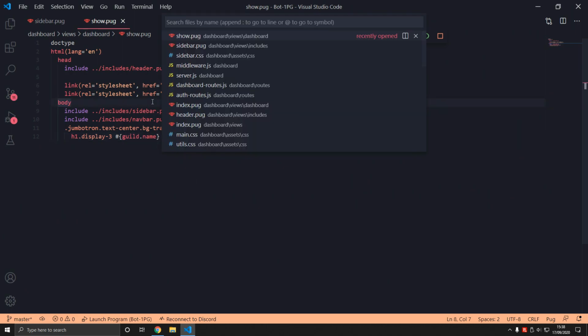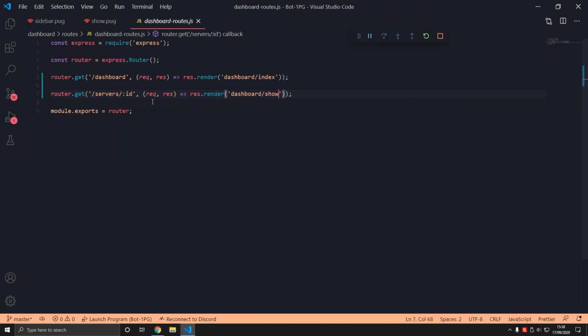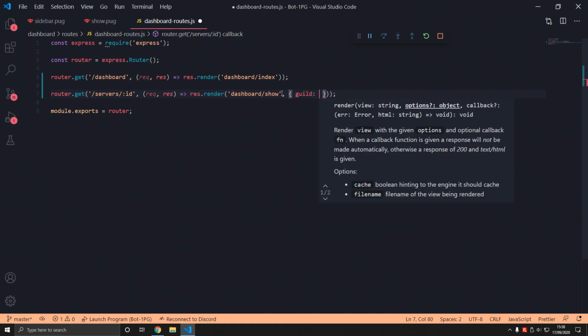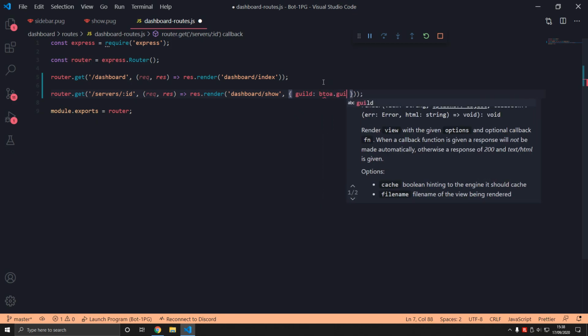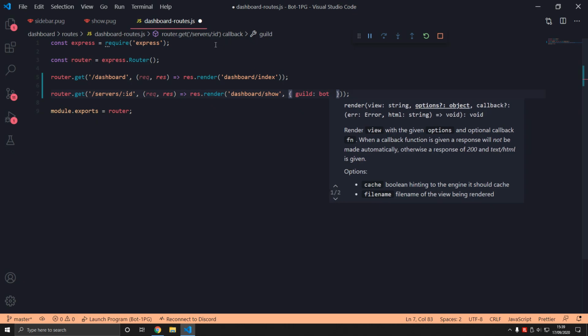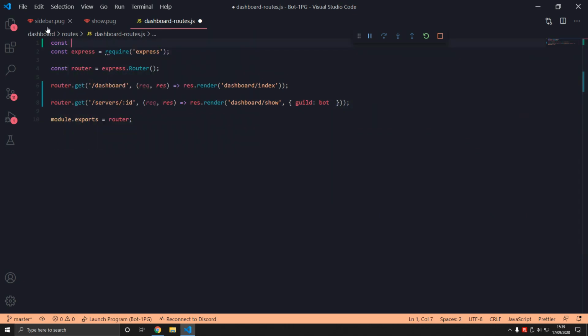So in dashboard routes here, we're going to pass in the guild, which is guild. Well, there might not be a guild, remember. So bot.guilds. So we're gonna require the bot. Obviously, hold on. We need to explain something here that's going on. So what this means is it's a request, req.params.id. So this can be anything,